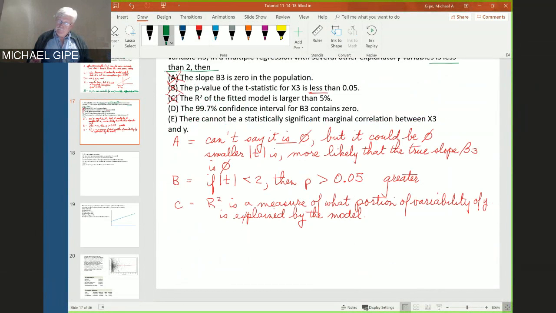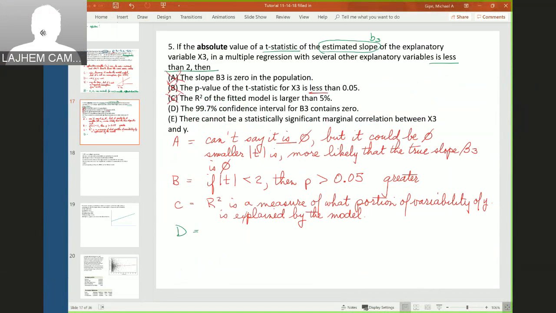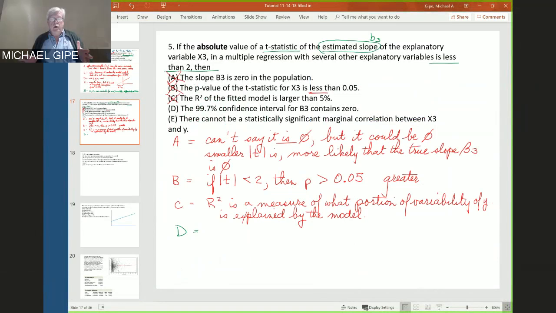How about D? D says the 99.7% confidence interval for B3 contains 0. Most people are going to read this through in a time-critical test, and they're going to say 99.7, that's not 2 standard errors, that's 3 standard errors, so that can't be right. But remember, if the t-stat, the count of standard errors, is less than 2, that means